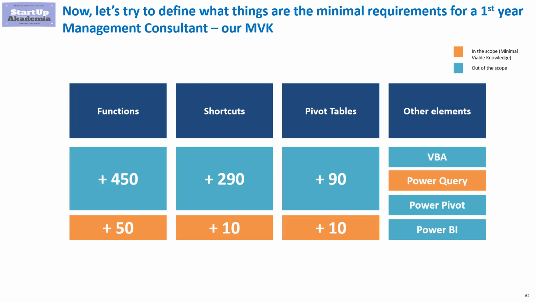When it comes to functions, there are up to 50 functions that you may use during the first year. Among them, you have functions like VLOOKUP, Match, SumProduct, and SumIFs. If you had little time, you can probably reduce the list from 50 to 25. In a similar way, we have approached shortcuts. There are around 300 shortcuts that help you work much faster in Excel. However, in 80% of situations, you will use only 10 simple shortcuts. Among them, we have shortcuts for copying, pasting, grouping rows or columns, eliminating rows and columns.